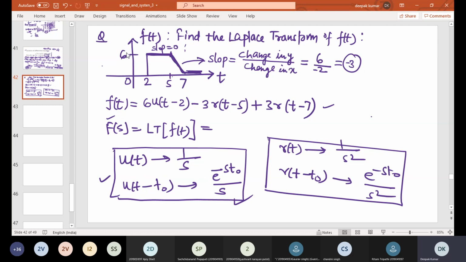This will become 6 e to the power minus 2s divided by s, minus 3 by s square into e to the power minus 5s, plus